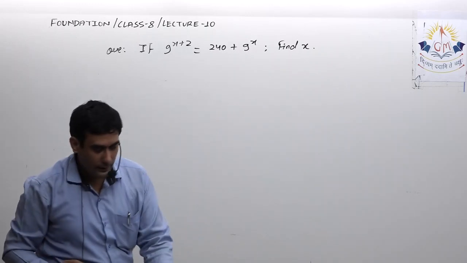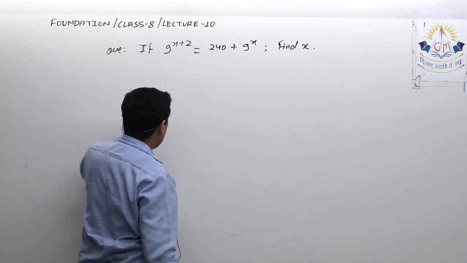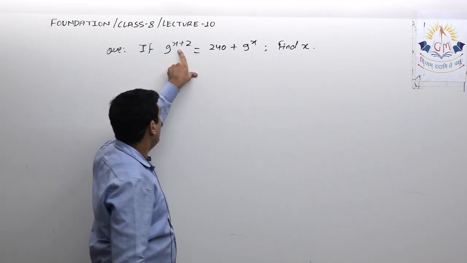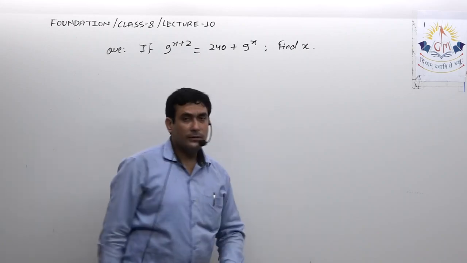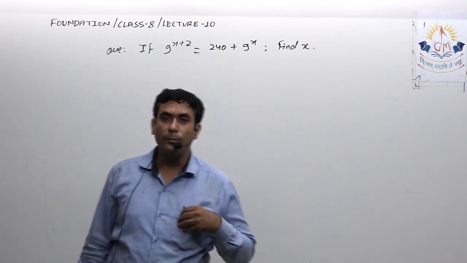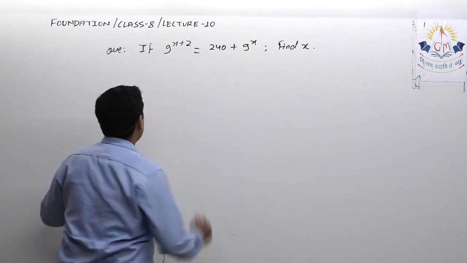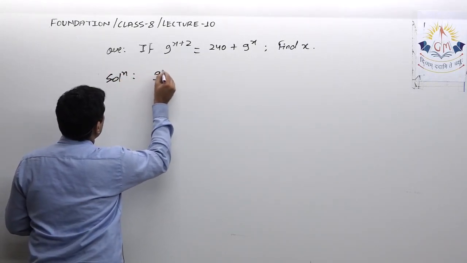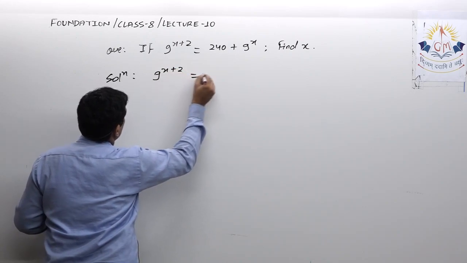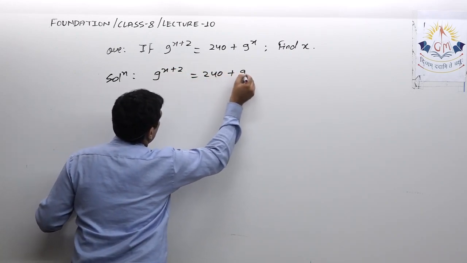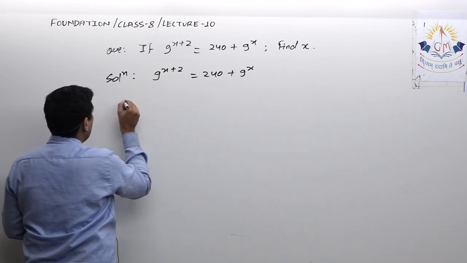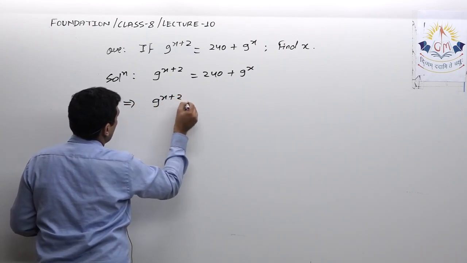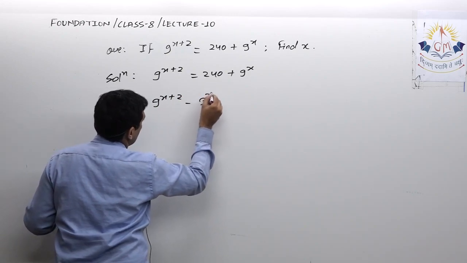Okay, so as I told you in the previous lecture, and here again I am repeating the same thing, that to get the value of x which is in the exponent, the very first thing that we have to do is make the bases same. So first of all I will take the term containing x on the same side. Here I have 9 raised to x on the right hand side, so I will take that 9 raised to x on the left hand side like this.